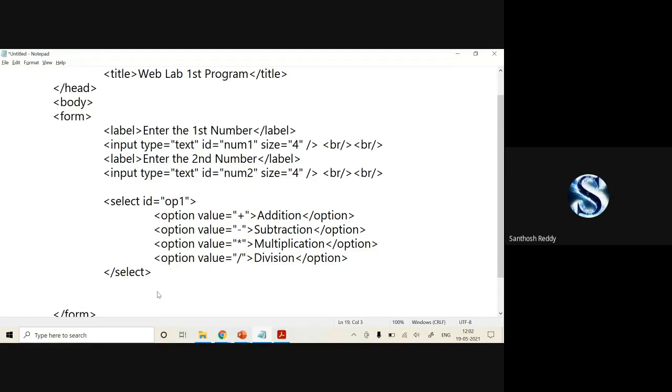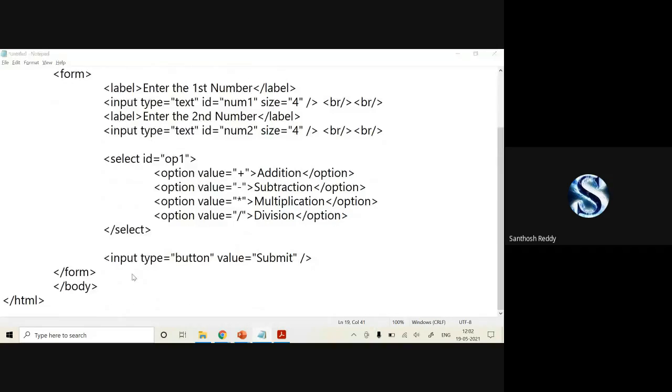Now I have to generate 1 button. So input type is equal to button, value is equal to submit, and I'll close my input button.